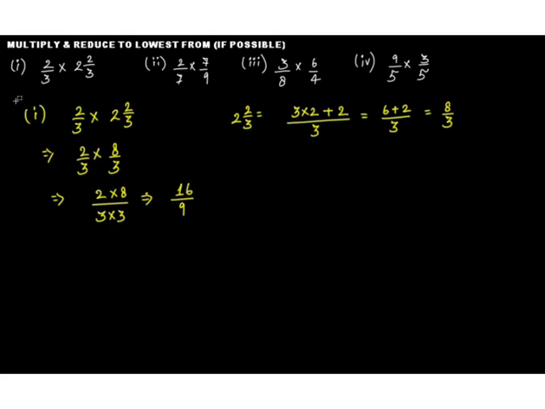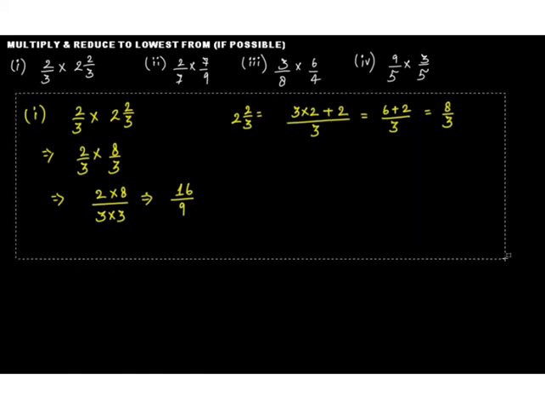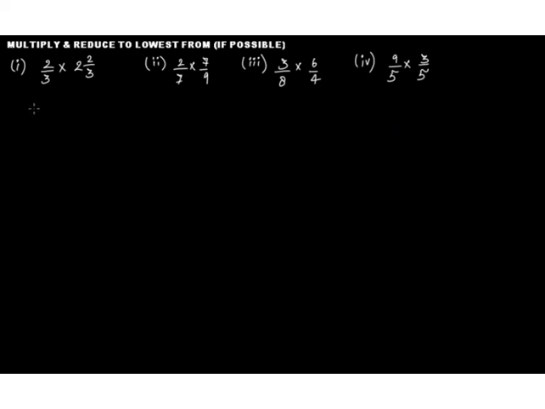Let's take the second part. The second part is 2 by 7 times 7 by 9. This will be 2 times 7 divided by 7 times 9. This will become 14 by 63. Okay. Now,